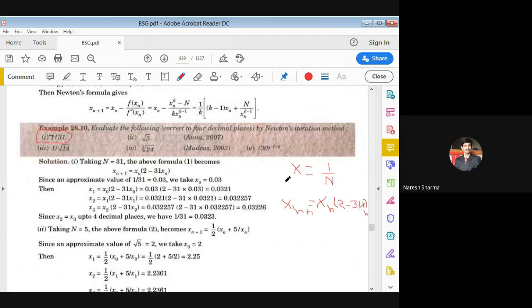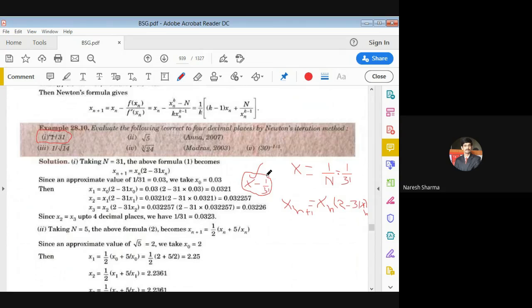So we know that in the Newton-Raphson method, or any iterative method, first we check where your function has opposite sign. So in this case n is 31, so x is 1 by this. So we can just rewrite this here. You put some arbitrary value here and check that the function has opposite signs, so that we can calculate the root of this, right? Because we just need to find the root of this.